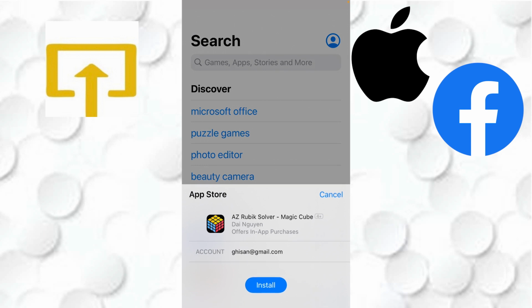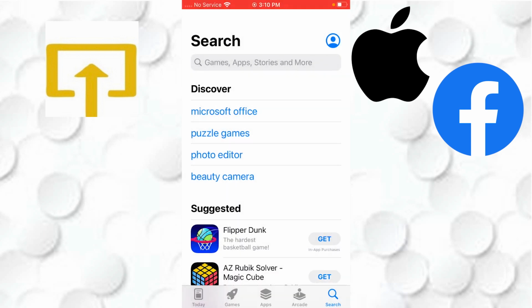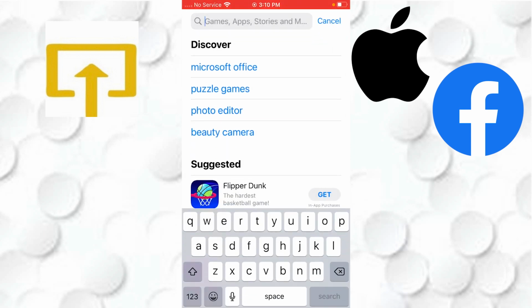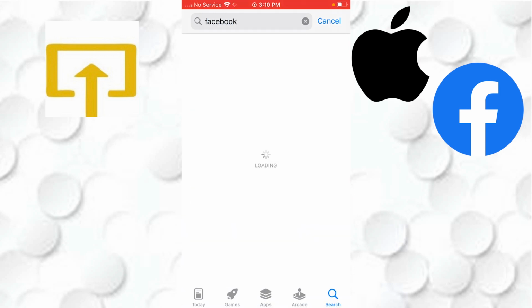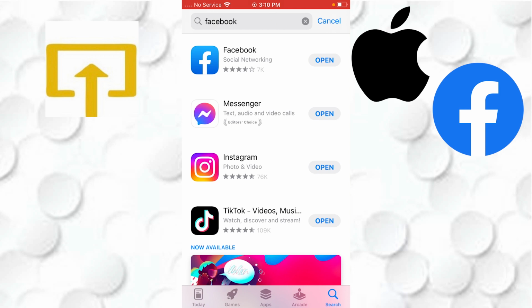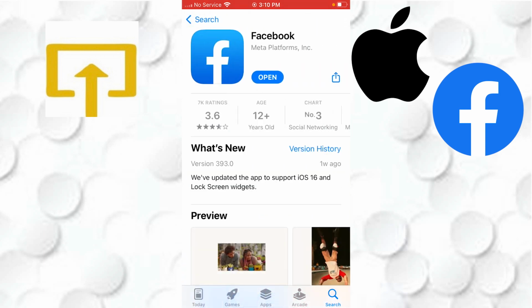and after you land over here, on the top of the screen, you can see the search bar. Tap on the search bar and type in Facebook and search for it. You can see guys, there is the Facebook app over here, and guys, you can see there is the open